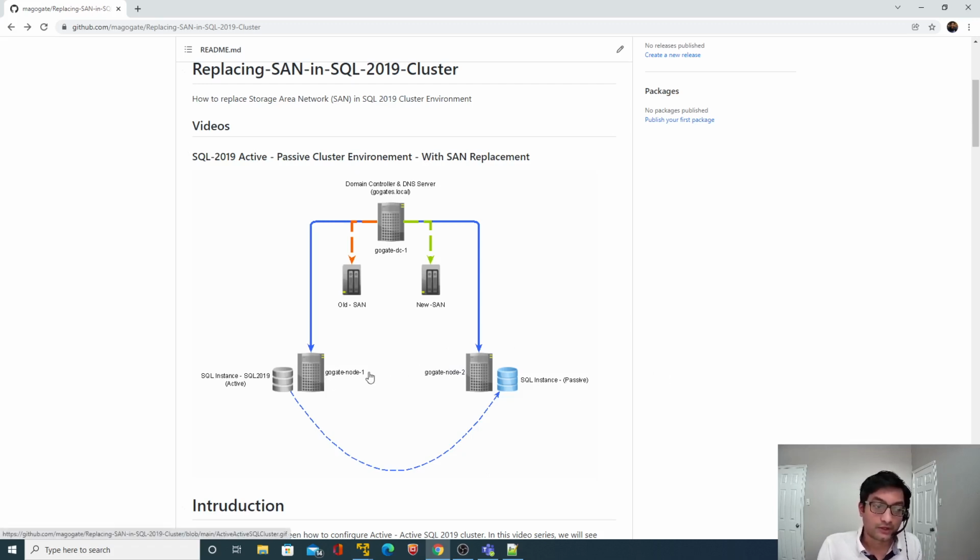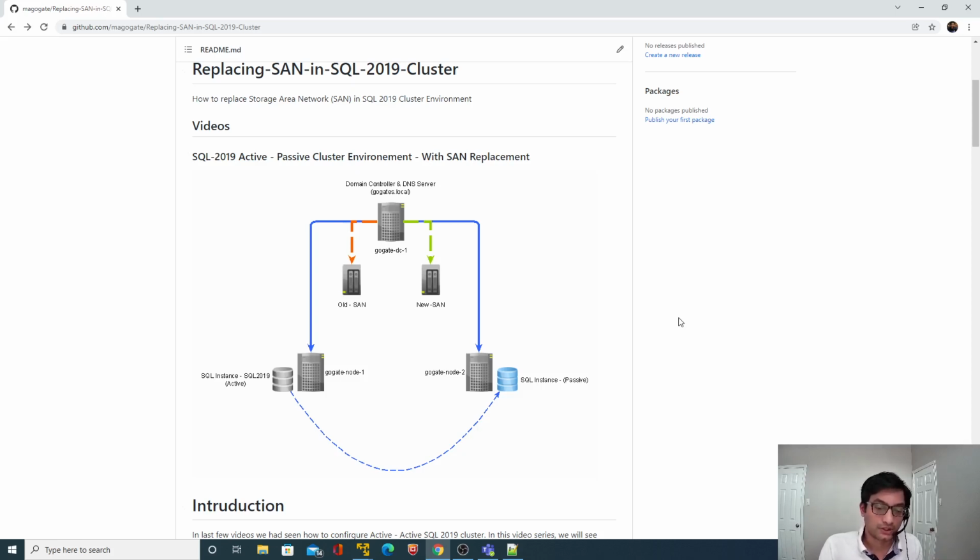Now, we used to have the HR database, along with the other system databases, along with the master database. The MDF and LDF files we used to have, we moved from the old SAN to the new SAN, I mean from the old location to the new location. Along with that, we also saw the importance of changing the startup parameters, and how it impacts moving the MDF and LDF files of the master database.